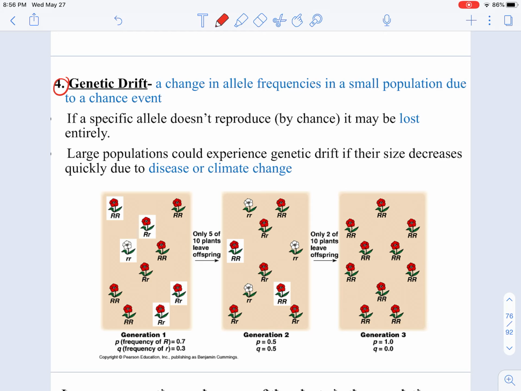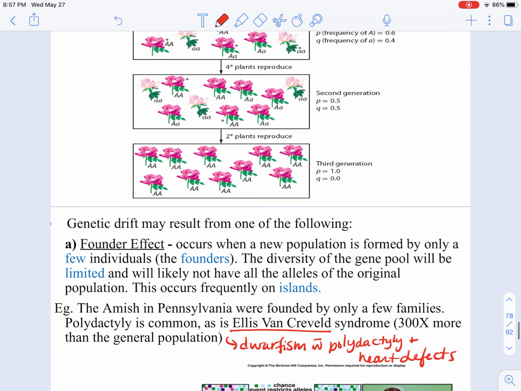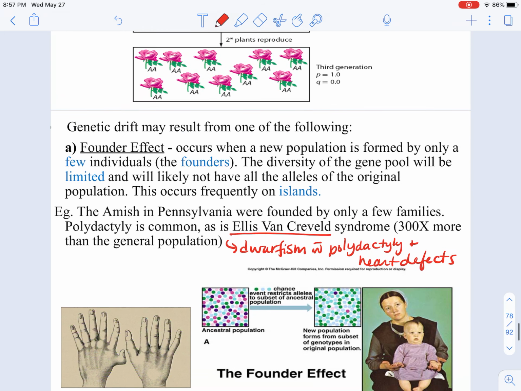Now, gene flow was something that happened when genes flowed from one population to another as they mixed. Genetic drift is a chance event, and there are 2 examples of a chance event that could happen. One of them is the founder effect. And the founder effect is, think of a group who finds an island and decides to settle there,